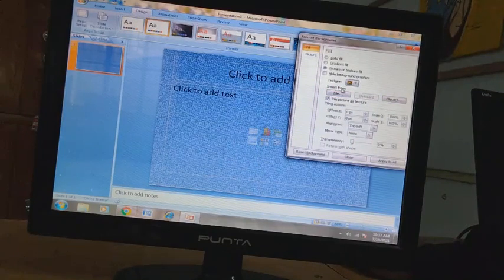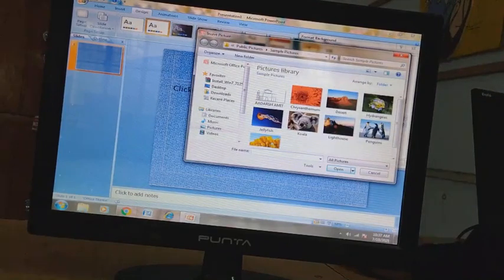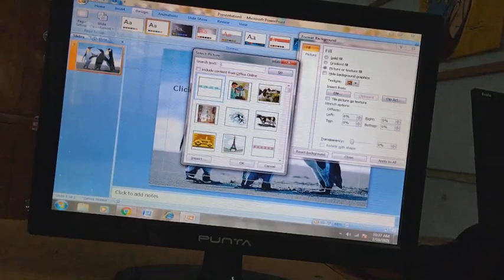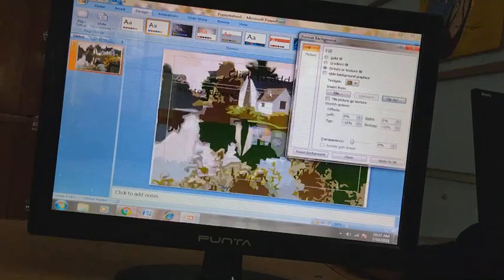To insert a picture, you can click on the file option and then you can insert the picture. Whatever is there in your computer, you can search for that picture. Or if you want to add clip art, you can go in the clip art option, and then from the clip art, whatever image you want, you can select it.